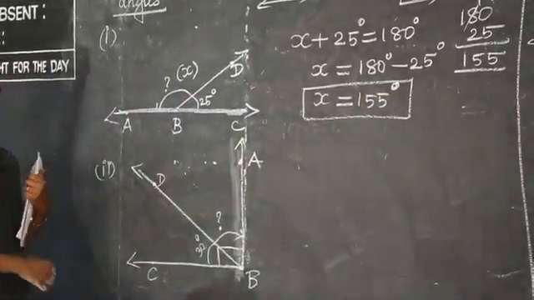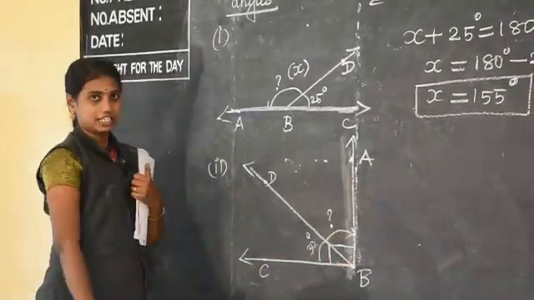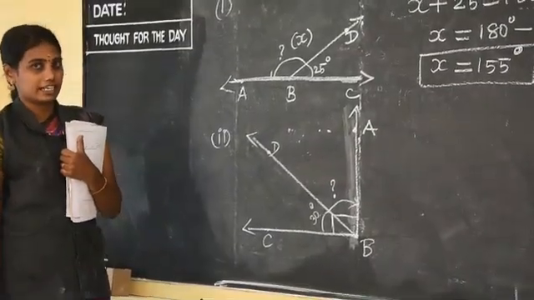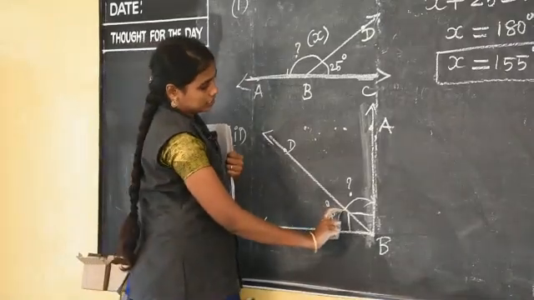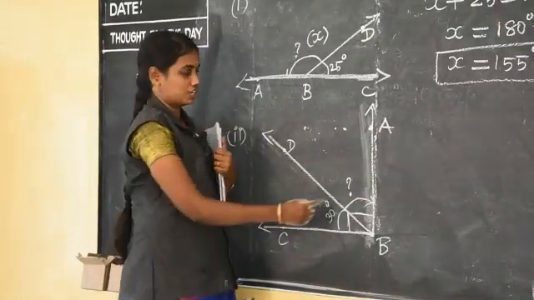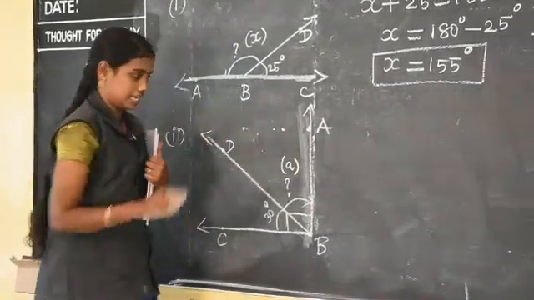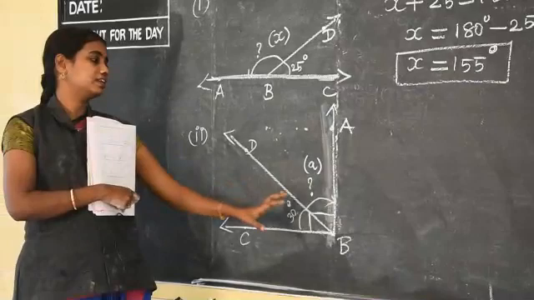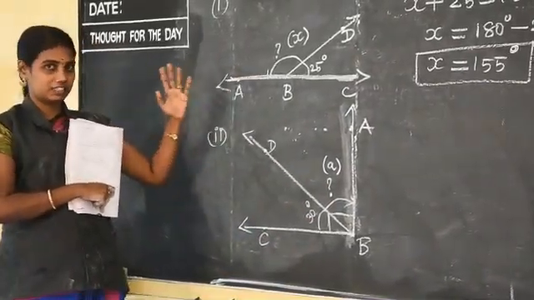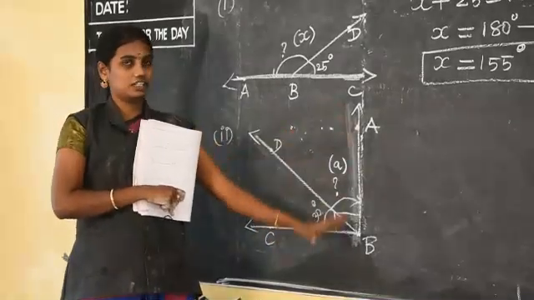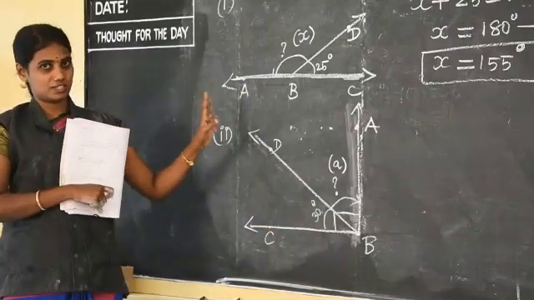So now this one, listen to me, here we have a right angle. Right angle means complementary, it has 90 degrees. So here one angle is 30 degrees, the other angle we don't know. The other angle which is not known, you can keep it as any letter, I am writing as A. It's for your convenience, or else we can go directly. I told you to follow the direct method, that is the easy one. If you find out it is complementary, go for 90 minus 30 is 60. That is a very easy way.